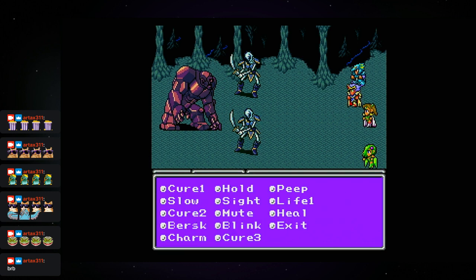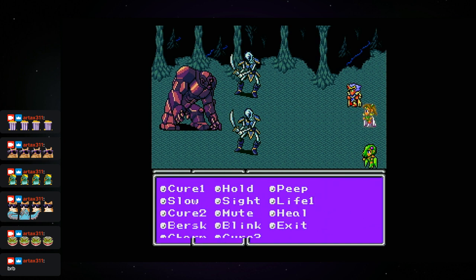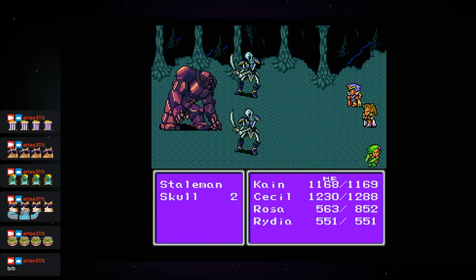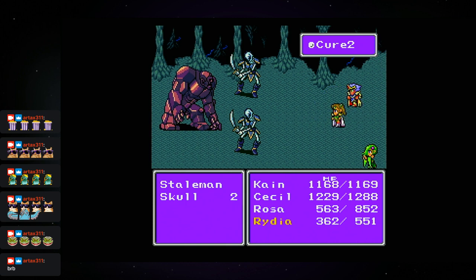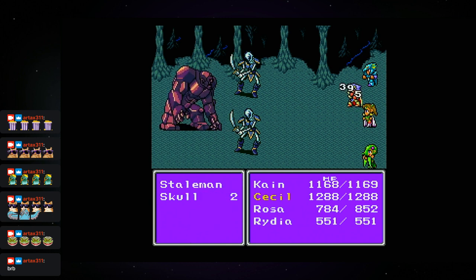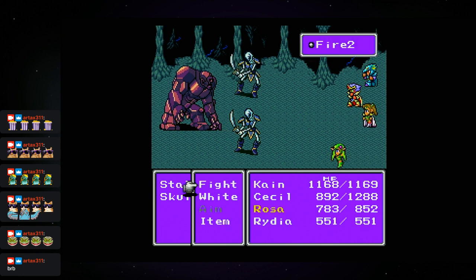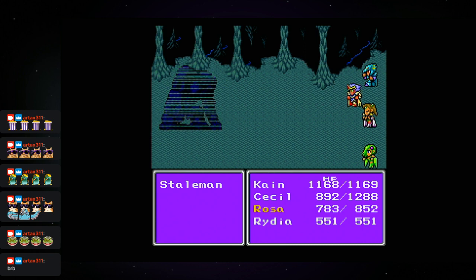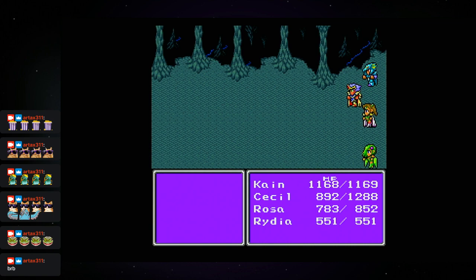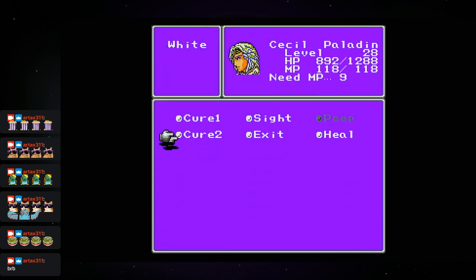Let's see. Looks like the Ice Brand does decent damage to the skeletons, but I bet that we could probably do even more damage if we use the fire sword. Oops, I meant to change weapons. Stellman does quite a bit of damage. Now, Stellman is weak to ice, but the skeletons are weak to fire. And honestly, the Stellman is more of a threat than these skeletons are, so...